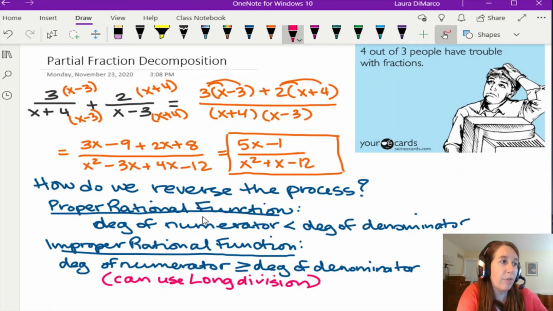For the proper rational function, you really can't use long division on this problem because 5x minus 1, you'd be dividing it by something bigger. That wouldn't really work in the process. So for this partial fraction decomposition, it's actually only going to be on proper rational functions. Okay, well,